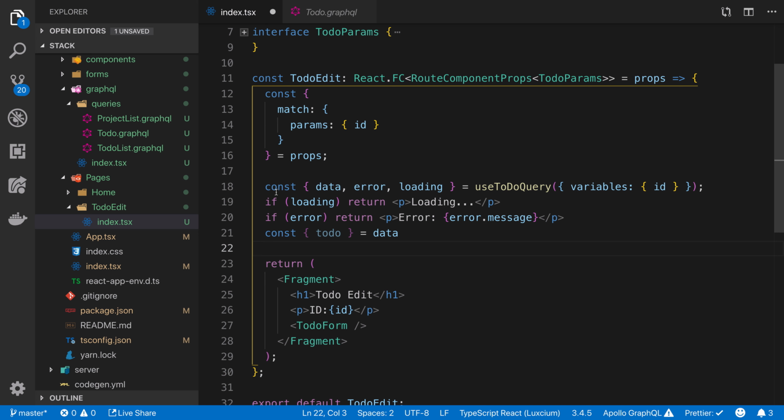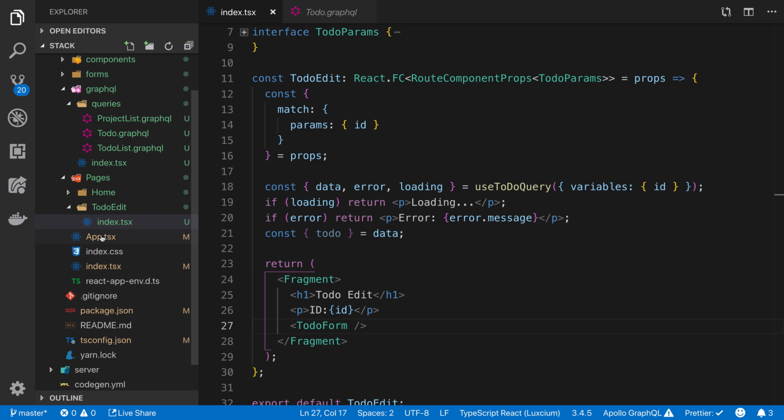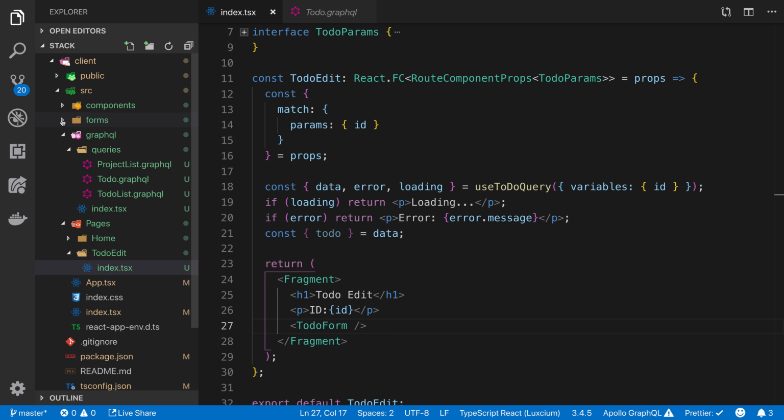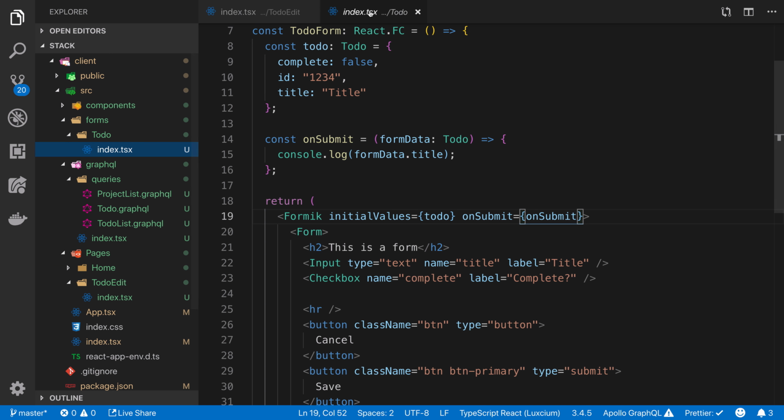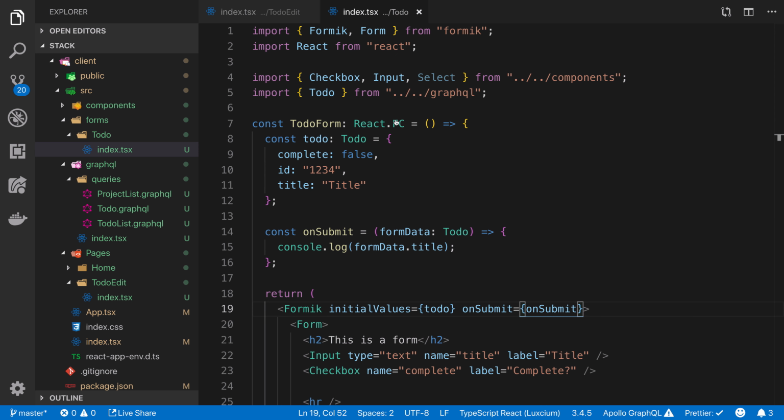So now I've loaded up my to-do to put into the form. I need to put it into the form. So if we look at our form, we haven't told it to expect anything yet. So let's go find the form. So I'm going to say in my form that I want to be able to pass in a to-do into it that I'm going to be editing. So let's set up some properties, shall we? Because at the moment we've just said,